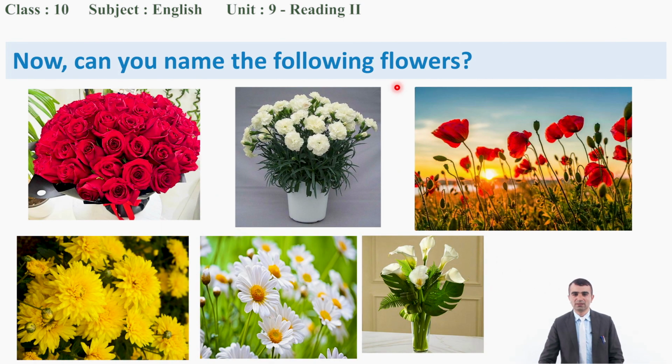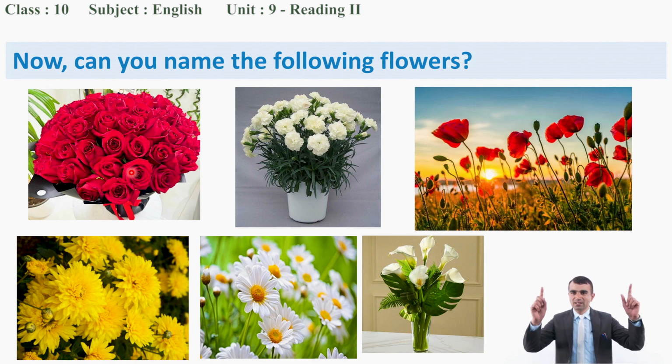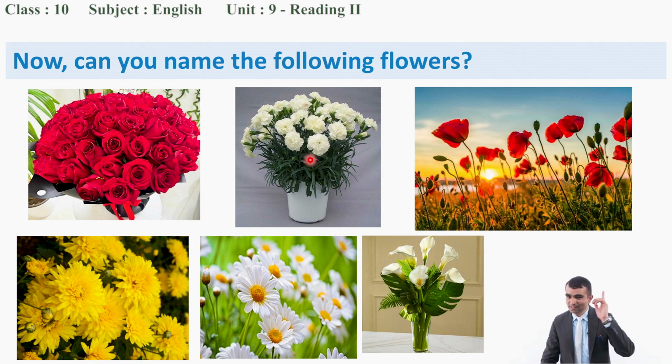Well, now let's close your book and think about these flowers. See here and try to remember their names. Can you? Now name these flowers. What is it? Please everyone, loudly. Red carnation. This one? White carnation, good. Well, and then the third one, what is it? Red poppy flower. This one, is the name of the flower given? No, just yellow flower is given, isn't it?